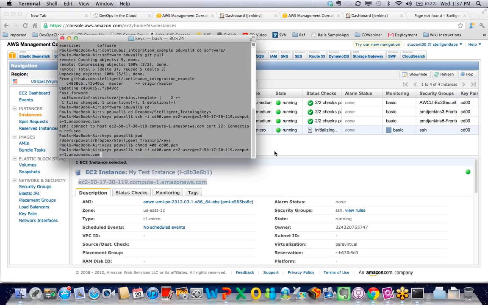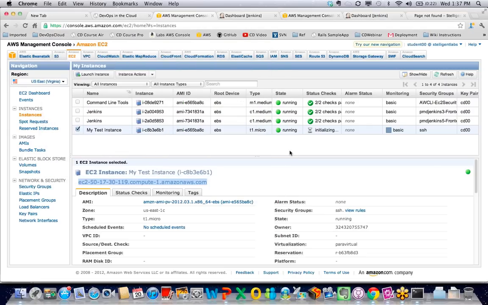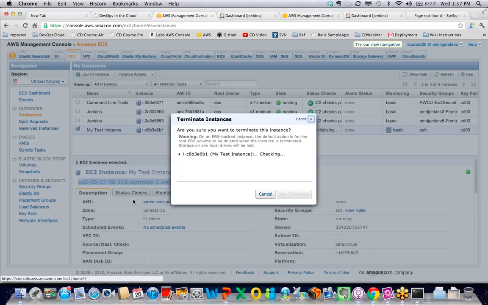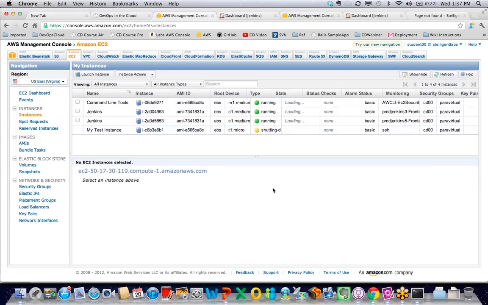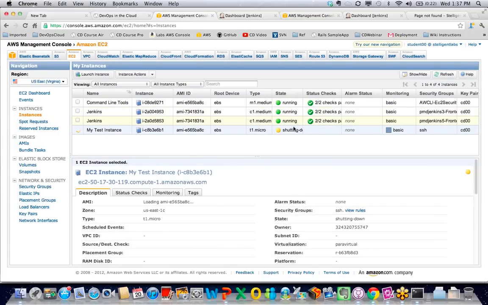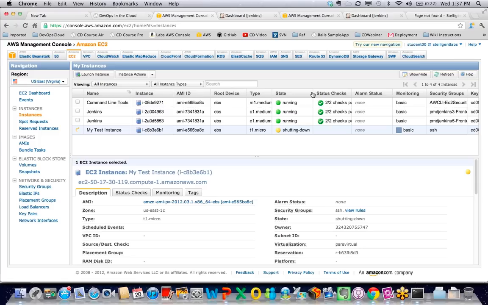So I can change the permissions on the instance, and then I would SSH into it. So that's the basics of launching the instance. I can also terminate the instance as well. And now you see it's shutting down. What that also means is that I'm no longer charged for that instance.